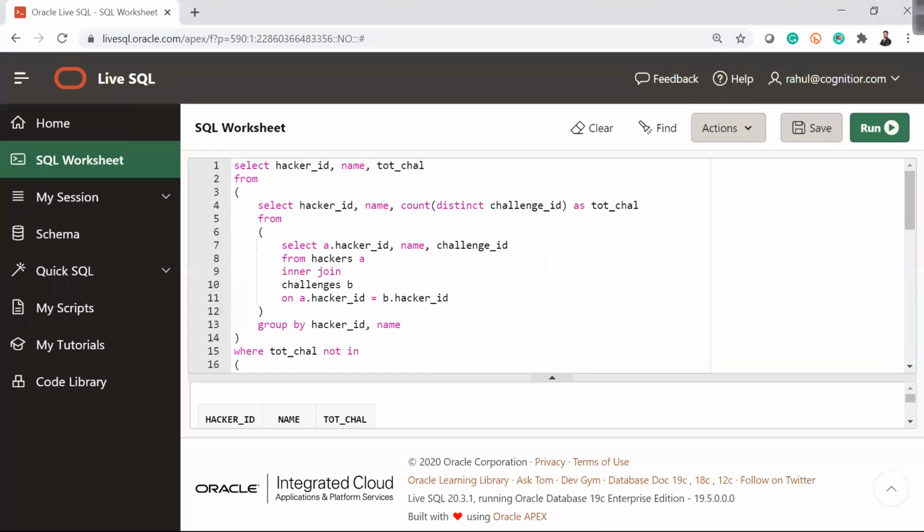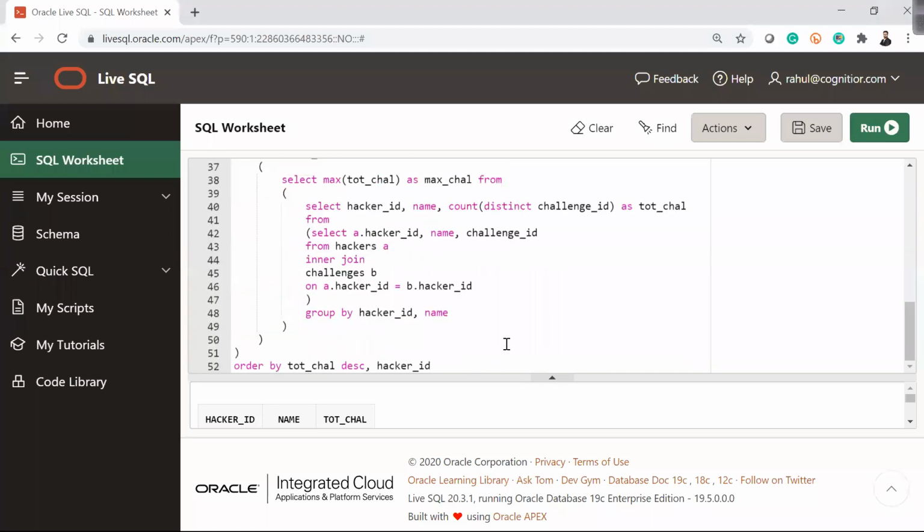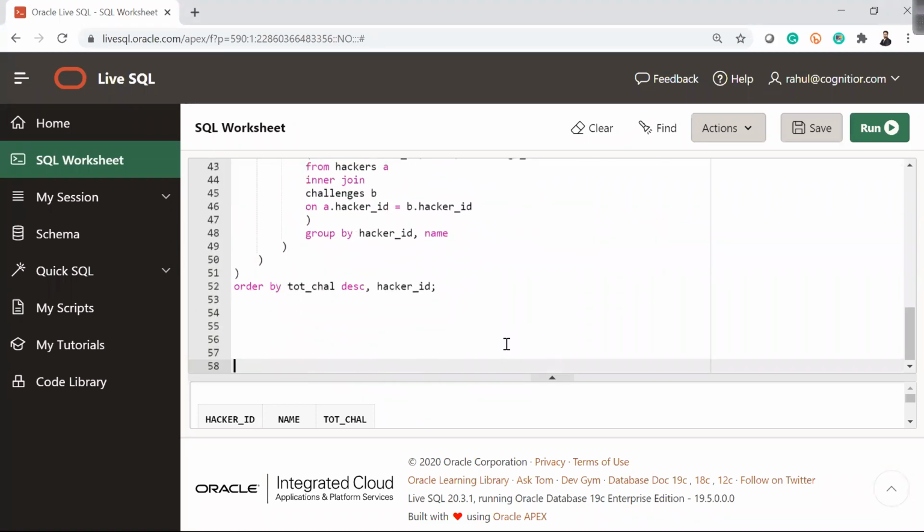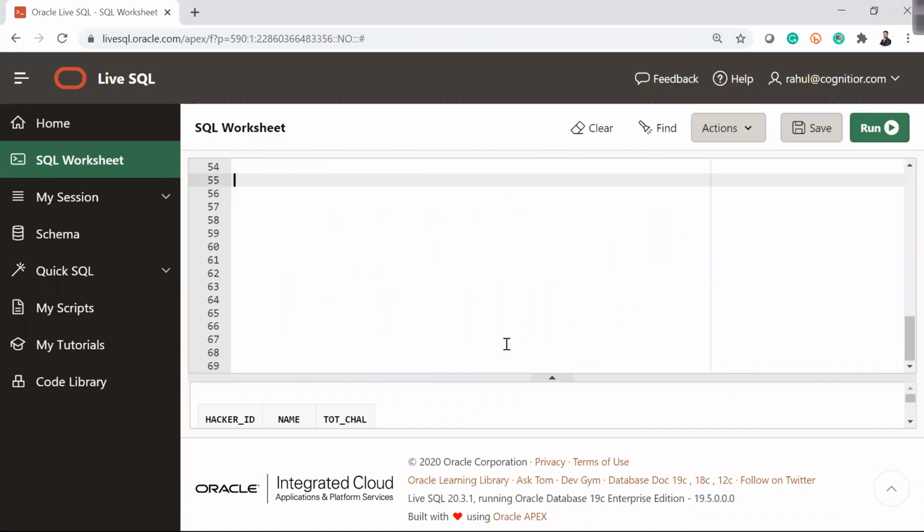So let's try to solve this with the with clause. Obviously, this big query is not very efficient. Let's go with a with clause and see whether we can write it more efficiently.